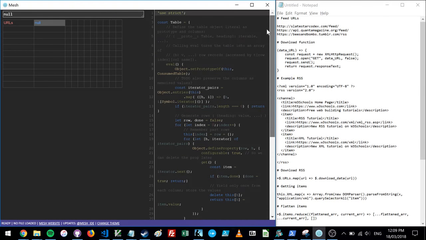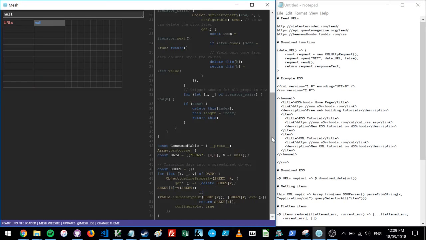A lot of this code here is boilerplate code to enable us to create tables, which aren't a literal construct that's in JavaScript by default, but we can create it using a prototype of an object. We'll see that near the end of this presentation, but to start, you can see that by creating this URLs thing we've created a binding of the name URLs to a function that takes in the spreadsheet and the object, and then will basically fill in its formula with the context of that spreadsheet. So it's passing around this or whatever of objects. That's all by the by. You don't really need to know how it's working behind the scenes to use a product. So let's just go back to